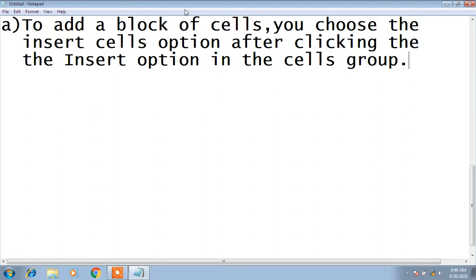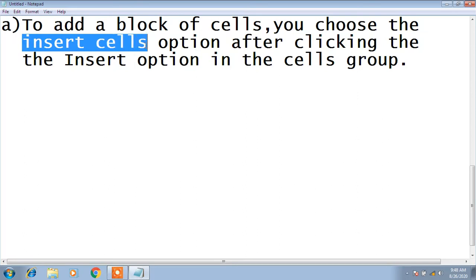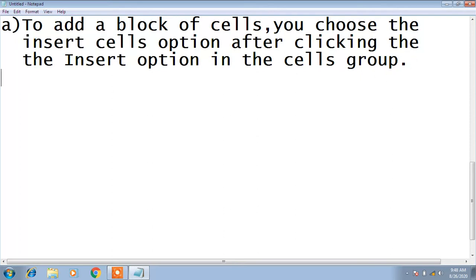So here, to add a block of cells, the answer is insert cells. So for the A, insert cells is the right answer.